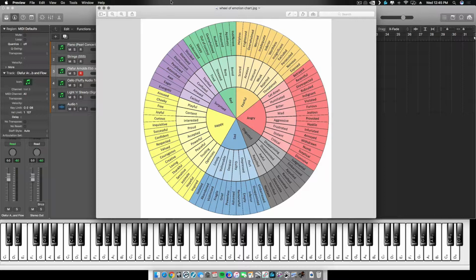So the first week we talked about the general overview of emotion and how it plays a part in music. We briefly hit on these 7 overarching emotions, and we are going through each and every individual internal emotion. And last week we talked about surprised,